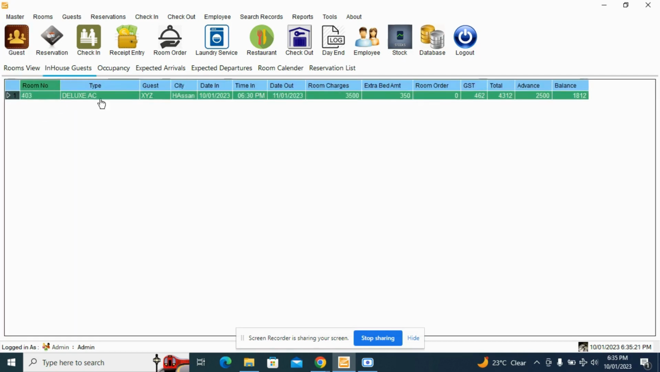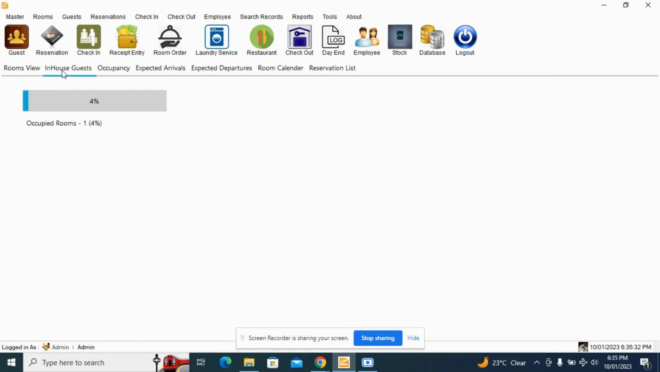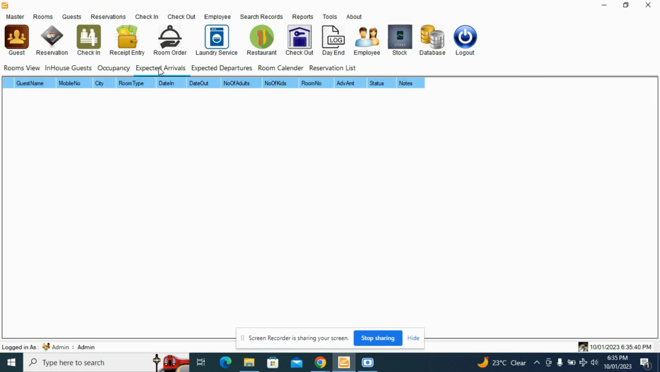And for example, here we can see the in-house guest. Who is there, in which room number he is there, what could be the room charges, what could be the extra bed charges, and what could be the GST. Those details has been occurred. And here there is an option called occupancy, meaning how many rooms has been occupied, and what could be the occupancy. And expected arrivals means here it will display